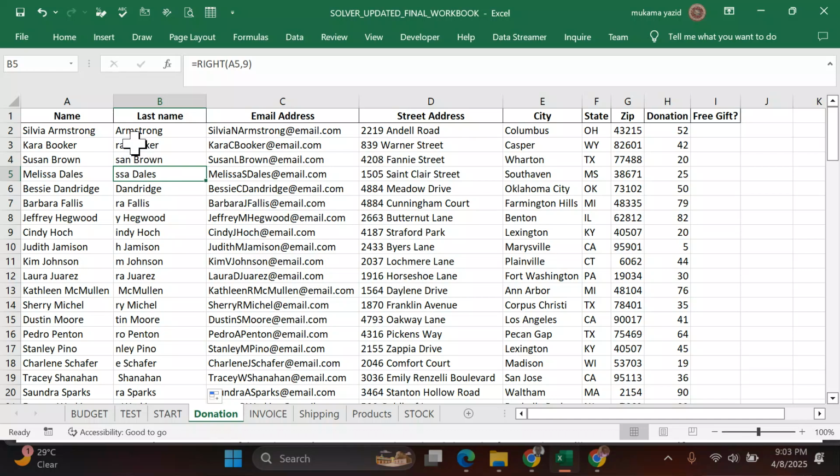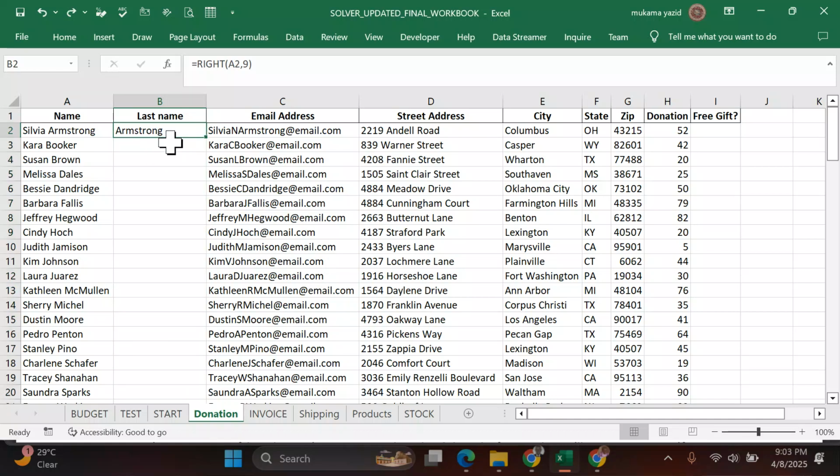So you will find that you will not get what we want. So that one cannot do our job. But we still have another function which can do that one. We have the mid function. Mid function can only pull something which is in between. So that one also has its limitation. So we only have